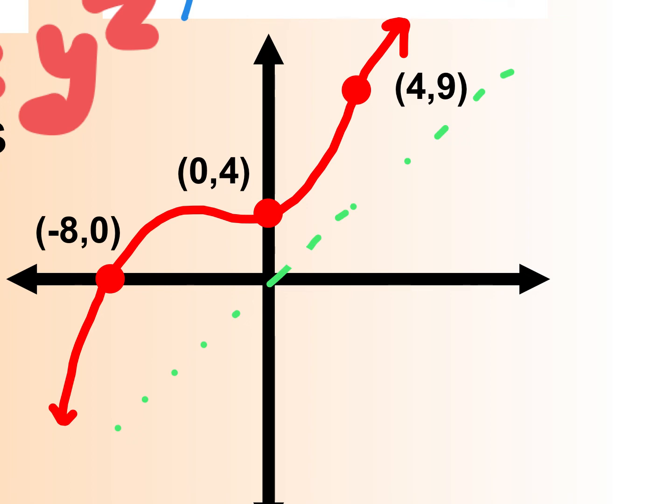The fact that they gave you 3 points really helps. And if they hadn't given you 3 points, I would have made up 3 points. And in an area where there isn't a point, I would make up one. Like, that to me looks like, well, if this is -8, then it's a little further, so it must be like -9. So that point right there, I could just make one up and say, I think that's -9, comma,